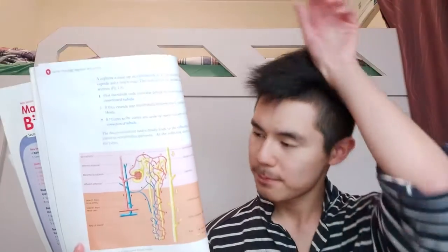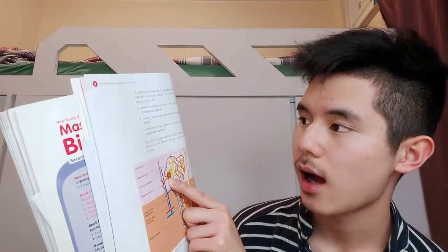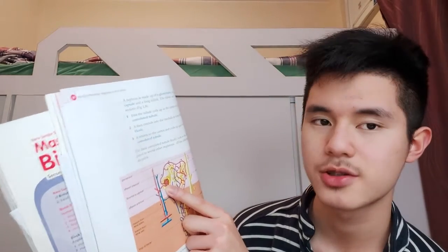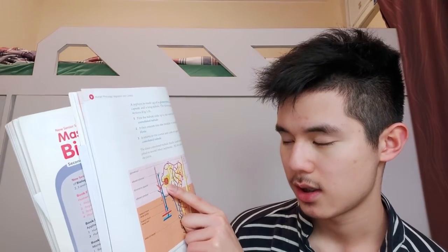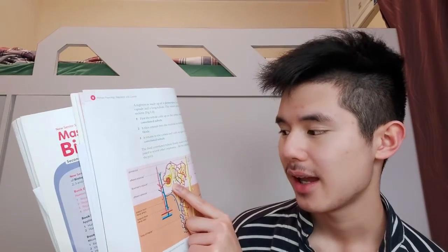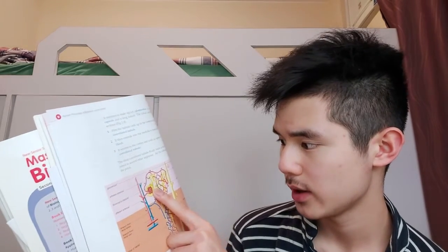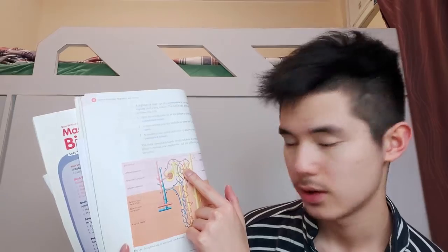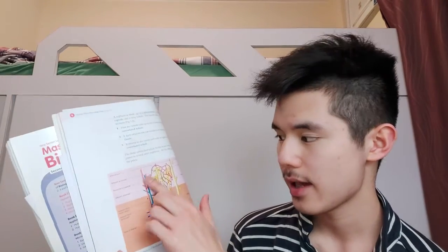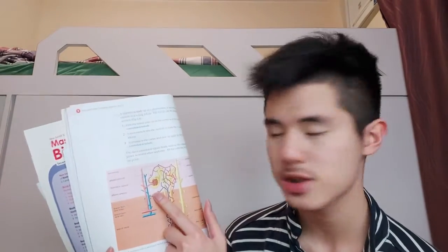We have the afferent arteriole, which then goes into a glomerulus, a highly concentrated bunch of blood vessels with high pressure, and the blood content is sort of forced out of this and goes into the kidney tubules: the proximal kidney tubule, down the loop of Henle, and then up again to the distal convoluted kidney tubule, and then into the collecting duct. And then we also have a bunch of capillaries surrounding the loop of Henle and the kidney tubules. And the reason being is that